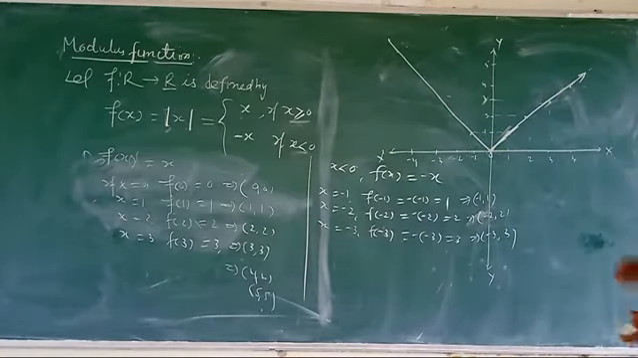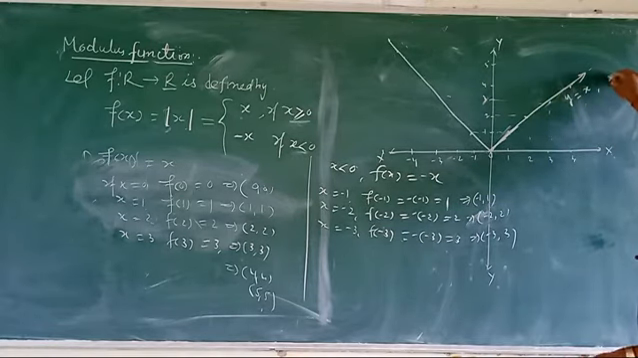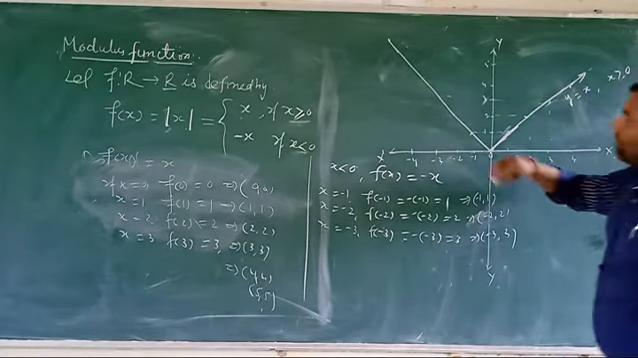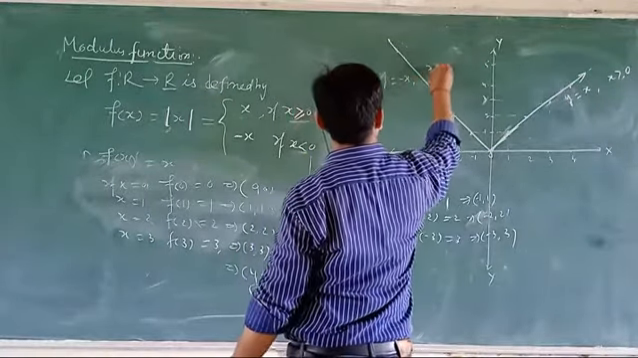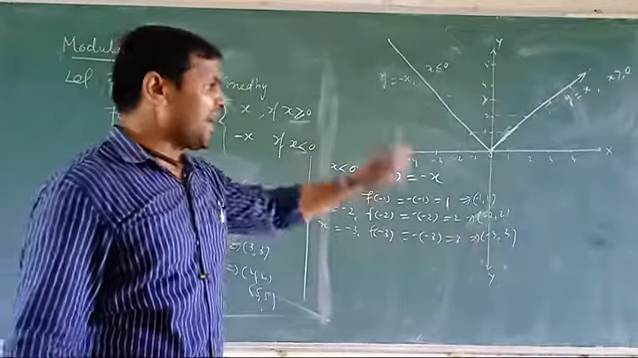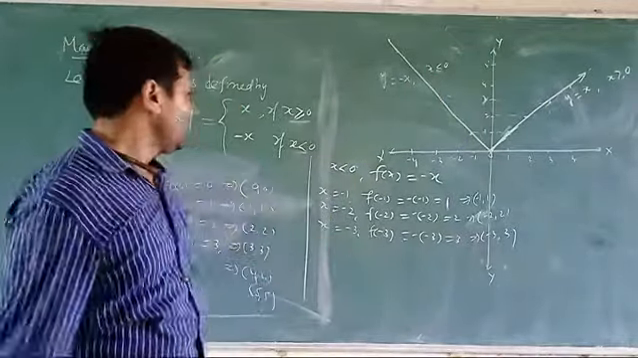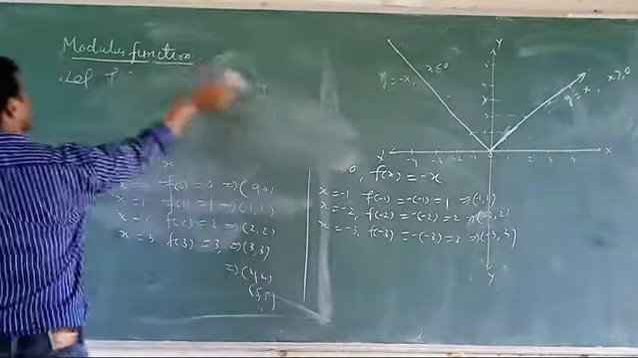Okay, here becomes y is equal to plus x when x is greater than 0, and y is equal to minus x when x is less than 0. Okay, these are the graph. Simply we can draw the graph such as,